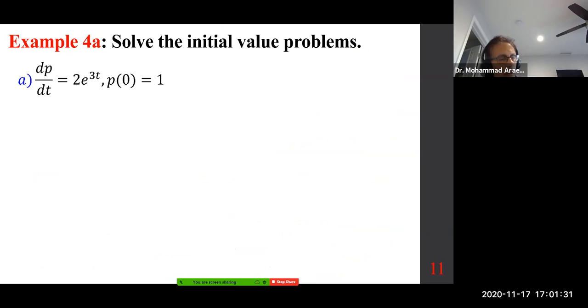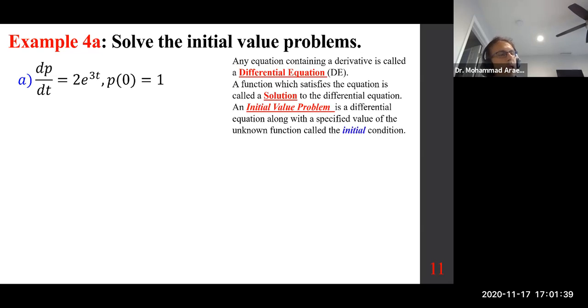The next thing we're going to look at is solving differential equations, specifically initial value problems. So first and foremost, here's the definition. Any equation that contains a derivative is called a differential equation. A function which satisfies the equation is called a solution to that. An initial value problem is a differential equation along with a specified value of an unknown function called the initial